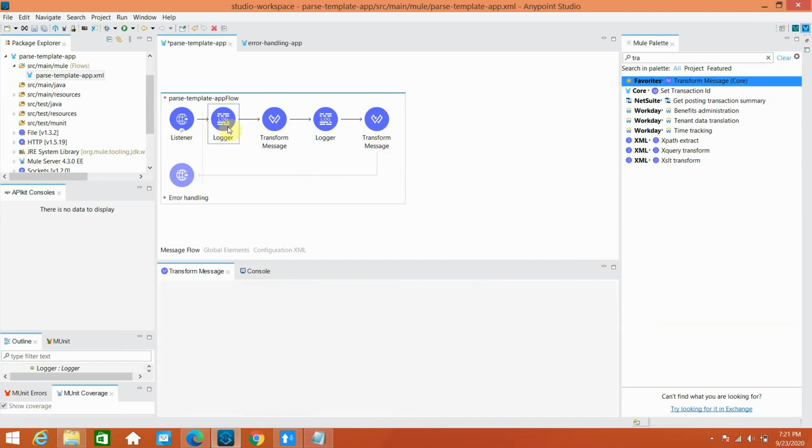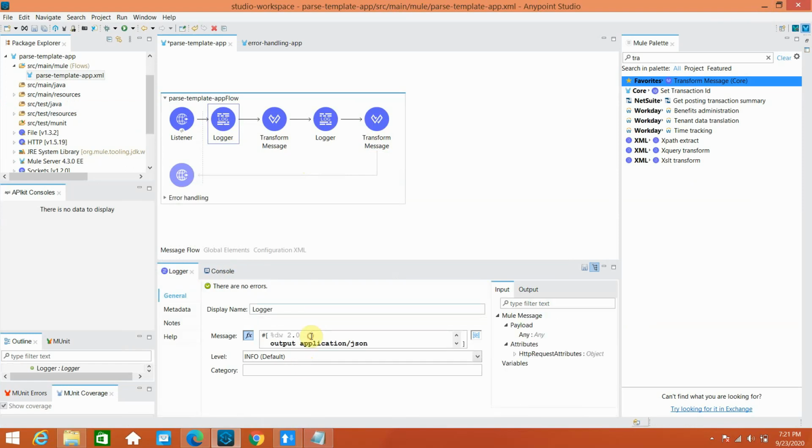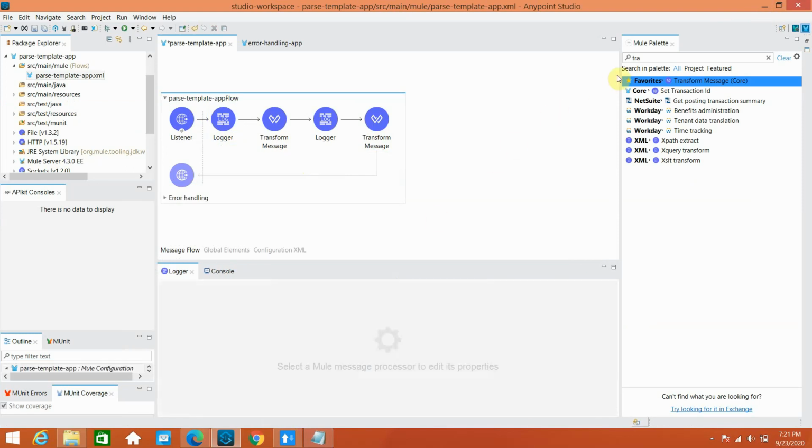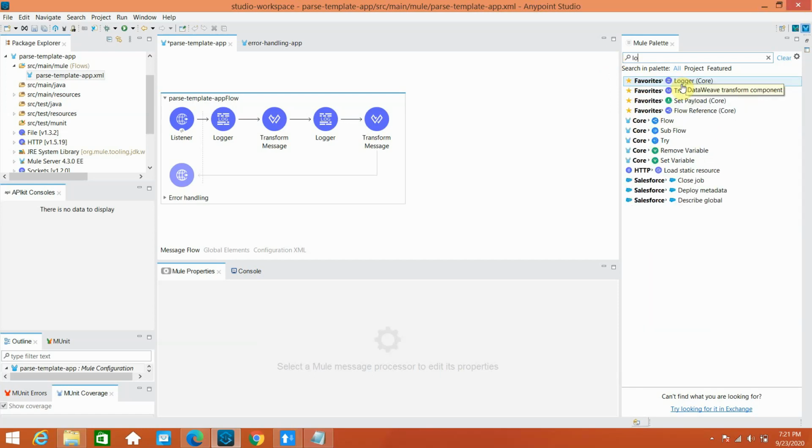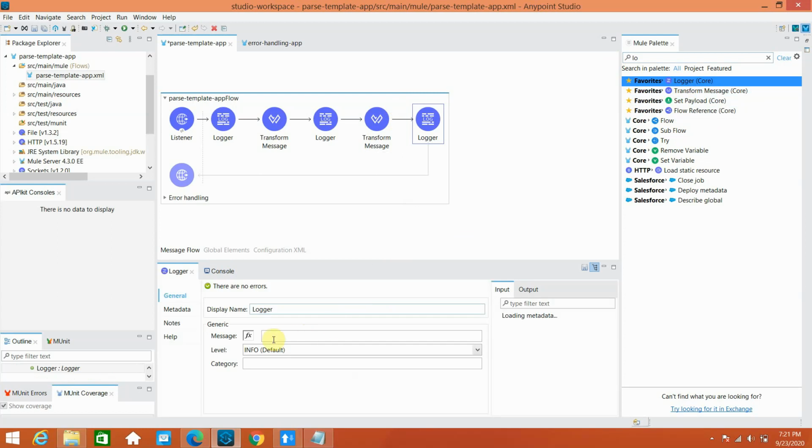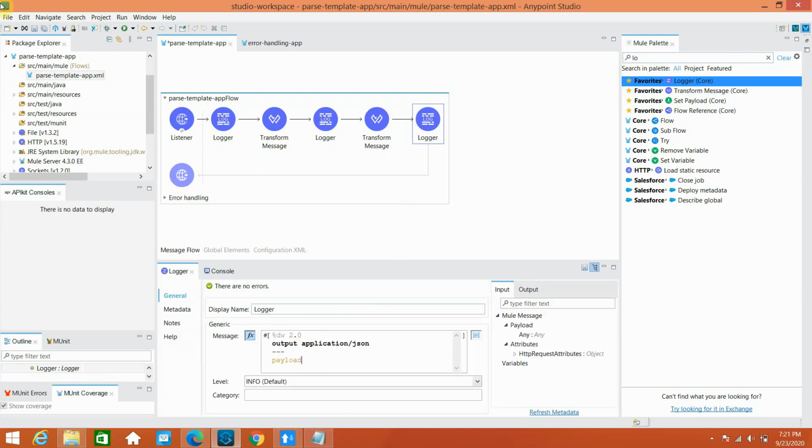Let me copy this transform message. It is similar to mapObject, but map works on an array whereas mapObject works on multiple objects. I can use logger, then I can put this. Let me save the application.